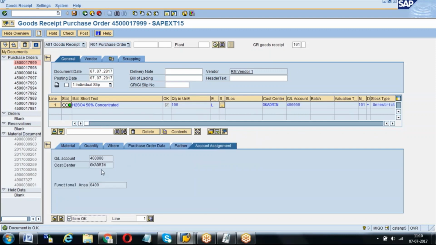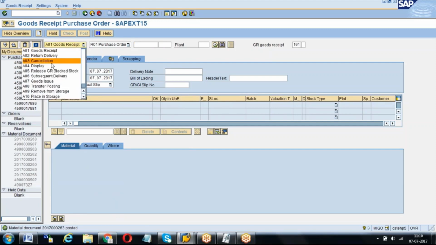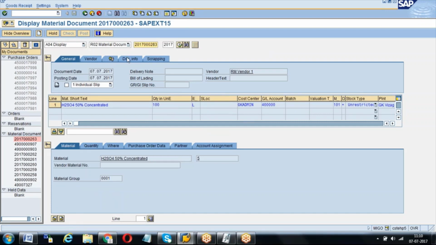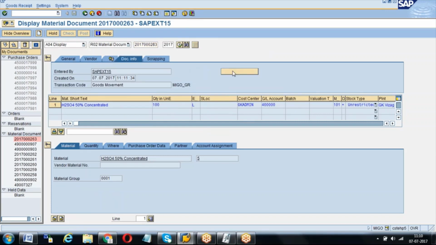One extra tab has come with the cost center, everything. When do you use storage location? If you want to store the materials. When you don't want to store the material, there is no use. Now I have posted. Now go and see the display. Document info, FA documents,